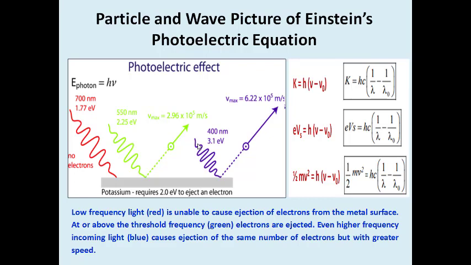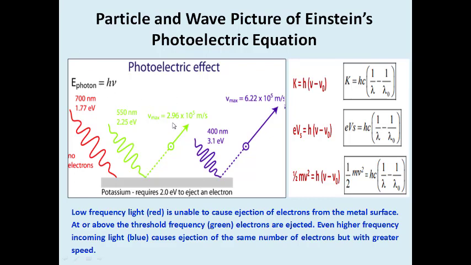increase the frequency of the incident light on the metal plate, you notice that red has a longer wavelength and lower energy, whereas blue has a shorter wavelength with higher energy. If we make 400 nanometer ultraviolet or blue light incident on the metal plate, we expect electrons to be emitted from the surface. Then what is the difference between applying the green light and the blue light? While using the blue light, you can notice that the velocity of the electrons is somewhat higher than what we get with the green wavelength.